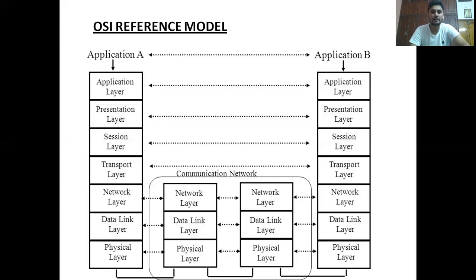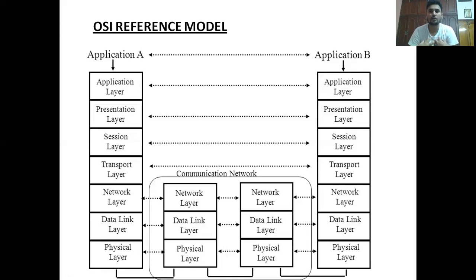The protocols at the physical layer are designed for some specific purpose. The protocols designed for the data link layer are for some specific purpose. Likewise, every layer has its own protocols and its own working capacity. There is some work for the physical layer, some work for the data link layer, some work for the network layer and transport layer. Finally, the role of these 7 layers is the communication between A and B.